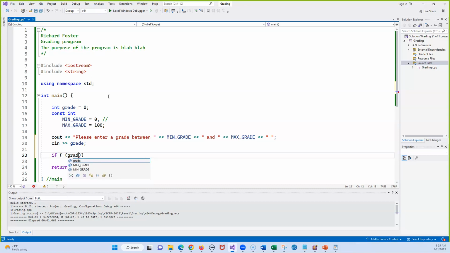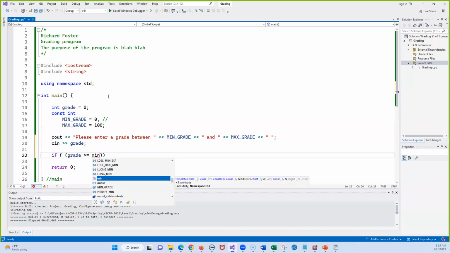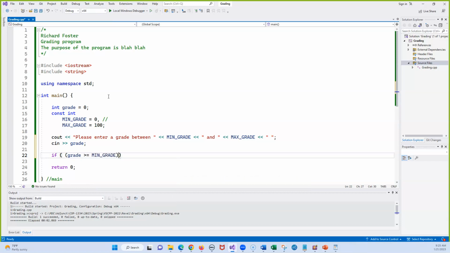So the grade has to be greater than or equal to min grade. And then we have the and. Grade is less than or equal to max grade. And right off the bat, let's put these in here. And then we're going to put